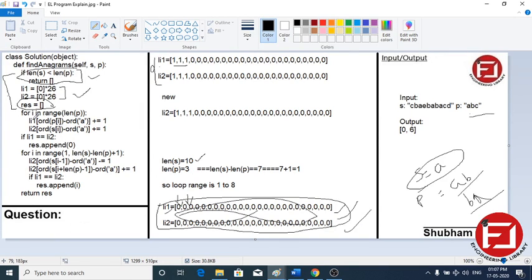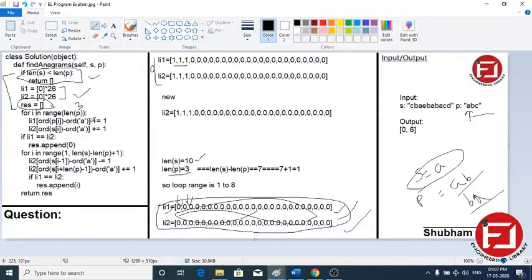Now, as we said earlier, first we have to iterate over the length of p. So for i in range of length of p, where the length of p is 3, it will run for 0, 1, 2. Now l1 at ord of p[i], initially i is 0, means ASCII value of a minus ASCII value of a, which gives index 0.